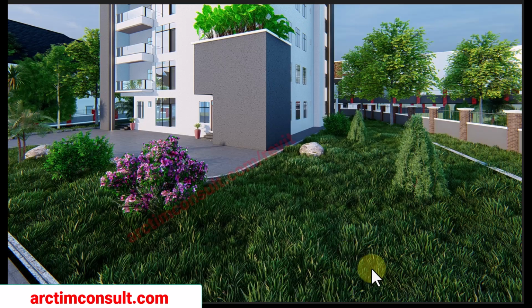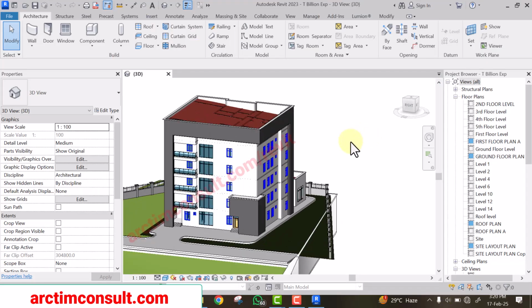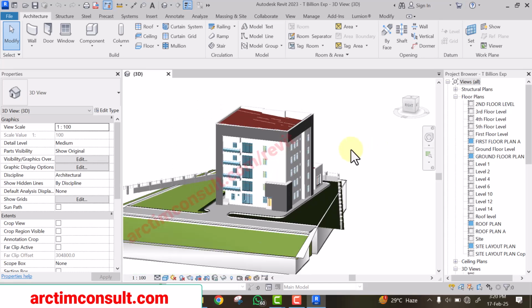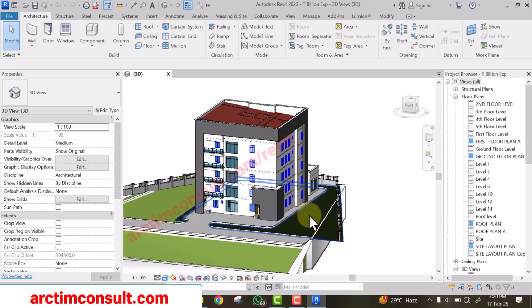Let's get started. Now this is my Revit modeling, and you can see this is my grass. You can see that I have two types of grass. One is this dark color and this one is one light color. Why do I make it two types of grass? The reason is when we get to Lumion, we are going to make these ones that are closer to the camera